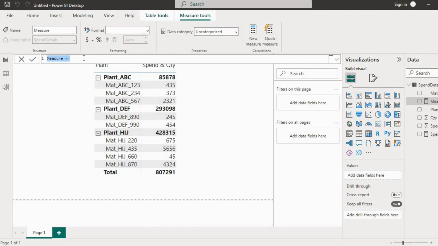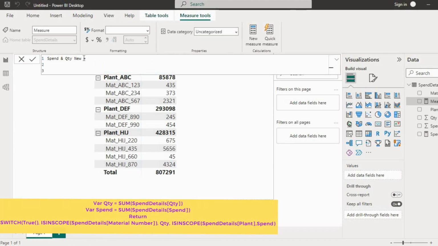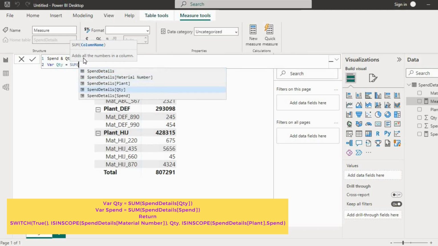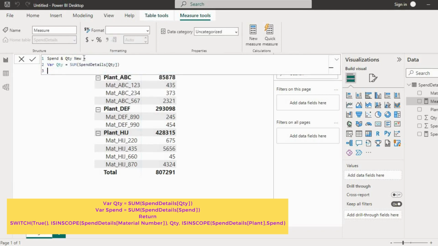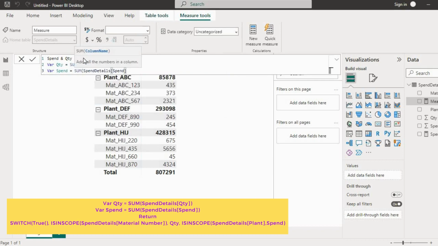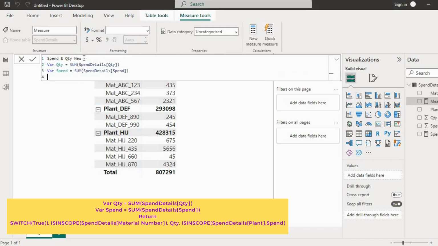I'll name this measure spend and quantity new. First I will create a variable of quantity, the sum of quantity. Then I will create the variable for spend, which will be my sum of spend. Now I will write return,